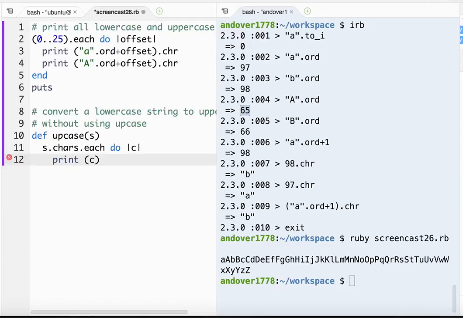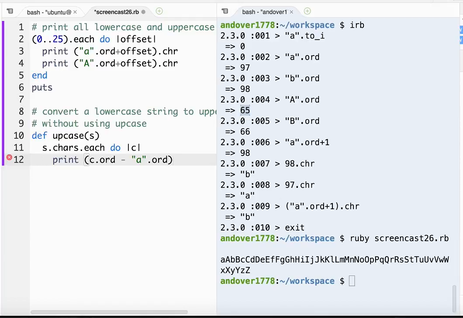And we are going to take the ordinal number from that character, and we're going to subtract from it its offset from lowercase a, right? So that's going to give us basically how many letters away from a we're going to be,